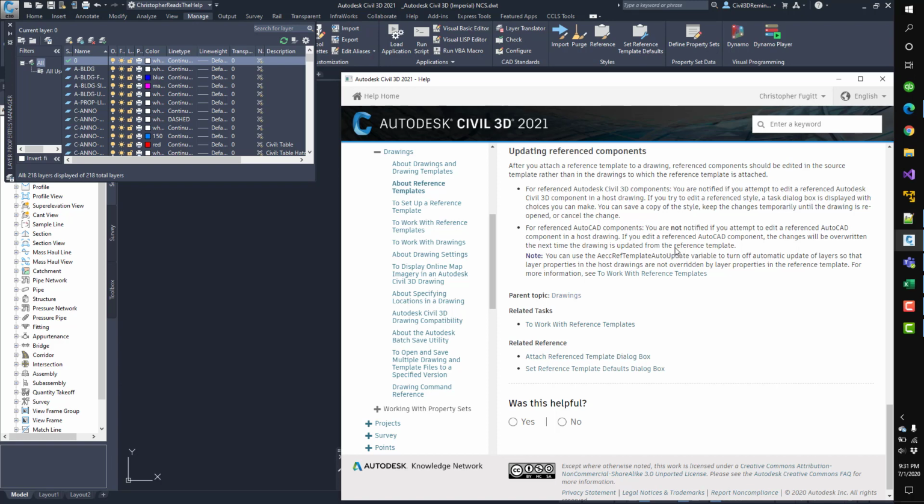After you attach a reference template to a drawing, reference components should be edited in the source template rather than the drawings to which the reference template is attached. For referenced Autodesk Civil 3D components, you are notified if you attempt to edit a referenced Autodesk Civil 3D component in a host drawing. If you try to edit a reference style, a task dialog box is displayed with choices you can make. You can save a copy of the style, keep the changes temporarily until the drawing is reopened,